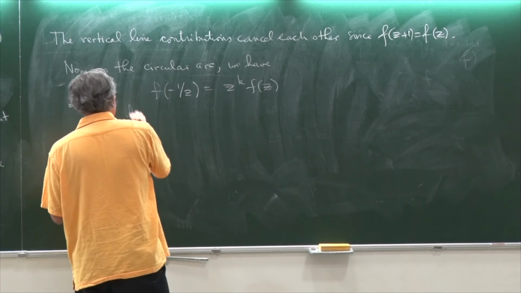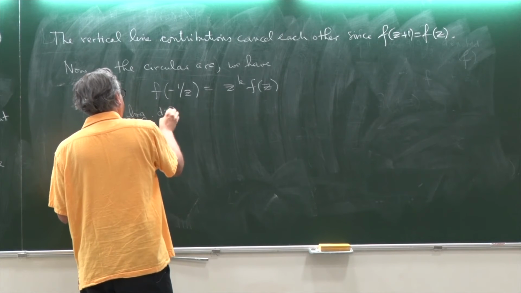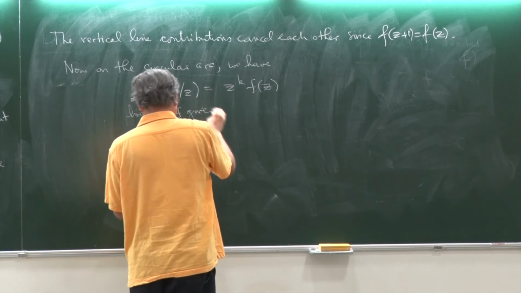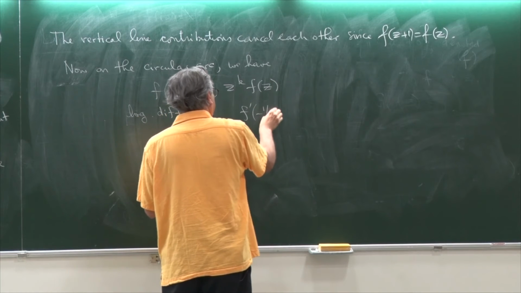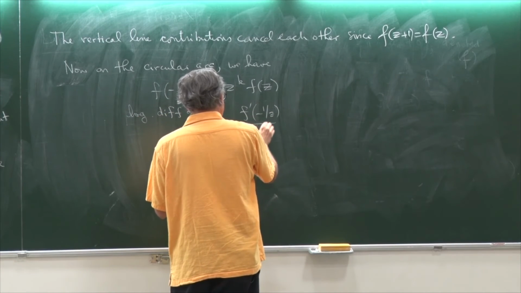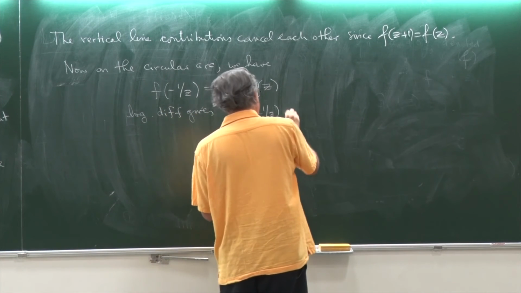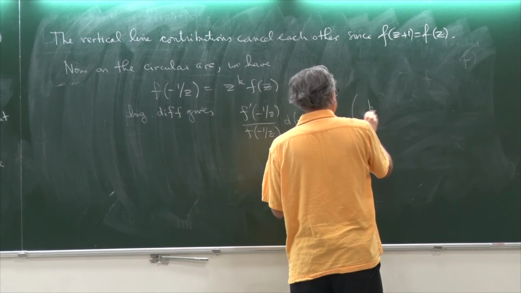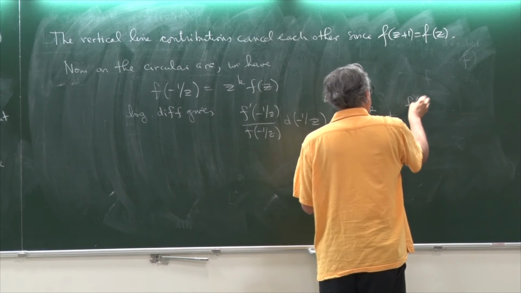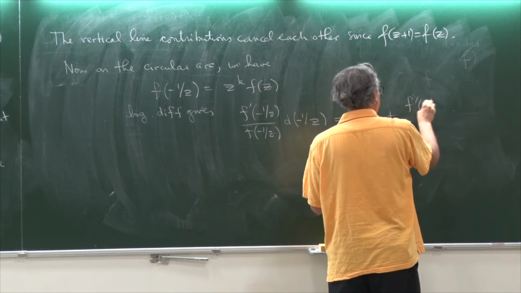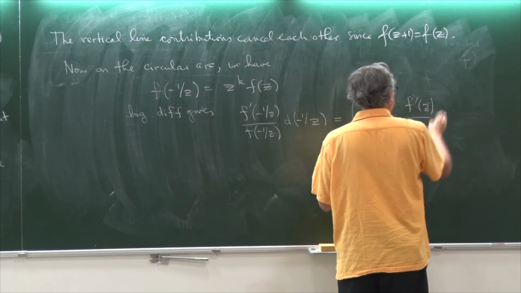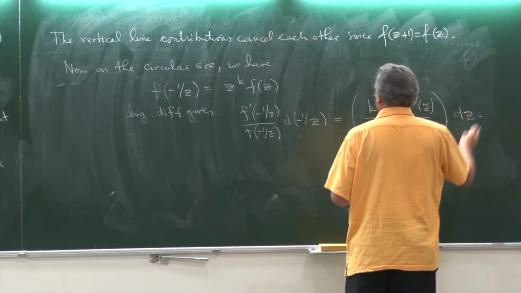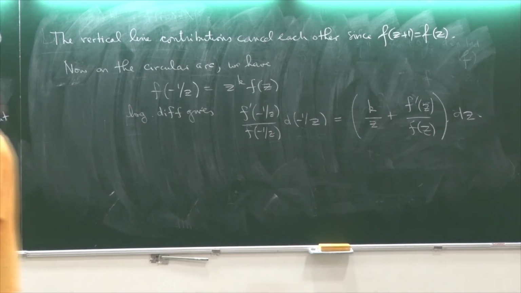So logarithmic differentiation gives f prime of minus 1 over z over f of minus 1 over z, d of minus 1 over z, equals k over z plus f prime of z over f of z, times dz. So if I make the change of variable z goes to minus 1 over z on this part,